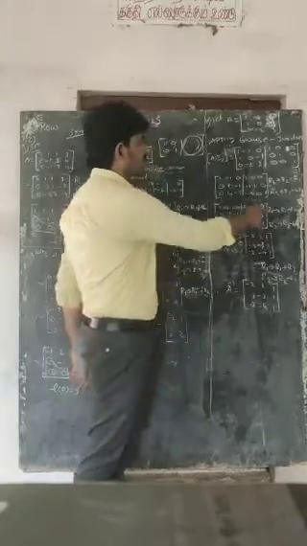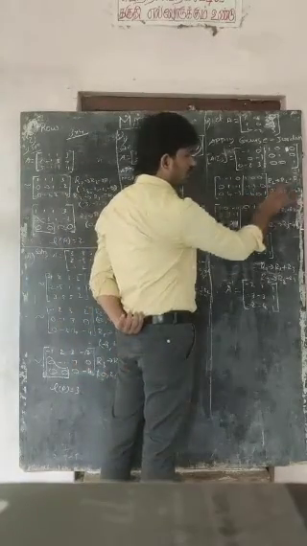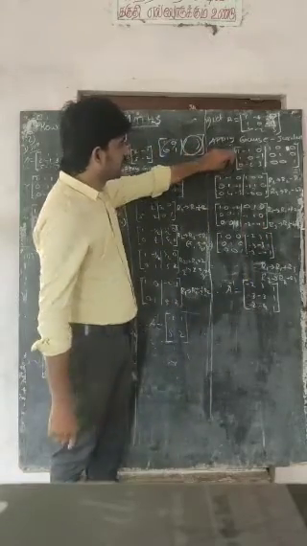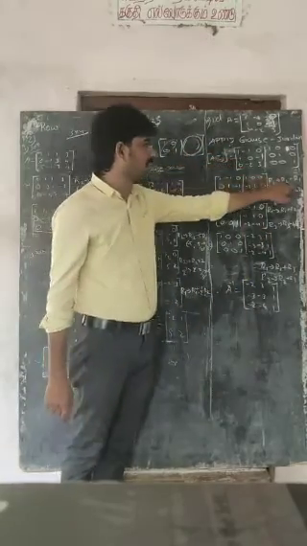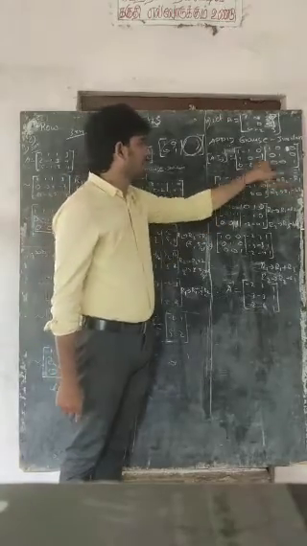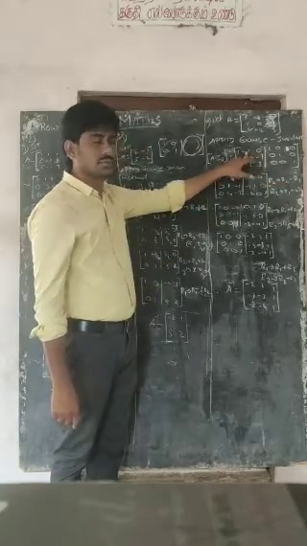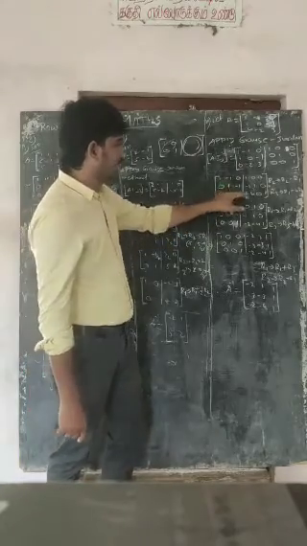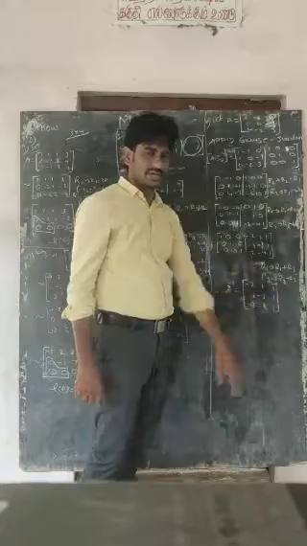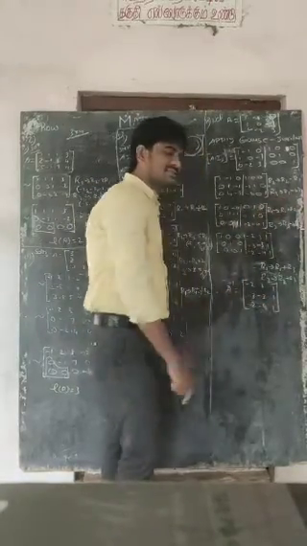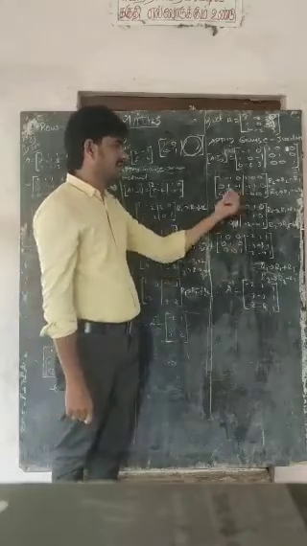So first step R2 tends to R2 minus R1, R3 tends to R3 minus 6R1. So here both are 1, only 1. So we will just subtract. 1 minus 1, 0. Okay? Here when R1 is multiplied by minus, it will go to positive. That goes to, that's why the place is a 1. So here you have to write the condition R2 tends to R2 minus R1. Here you have to just write R3 tends to R3 minus 6R1. Then you get the matrix like that.